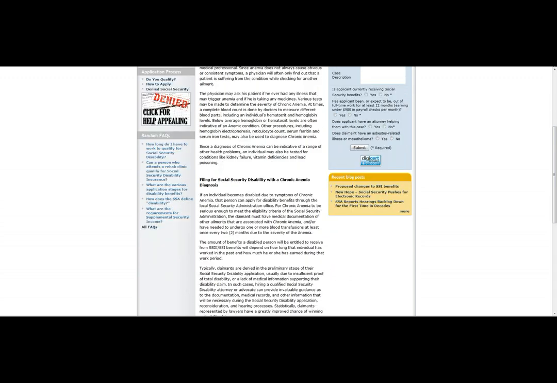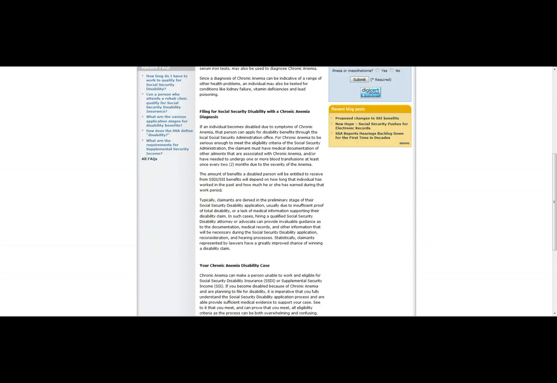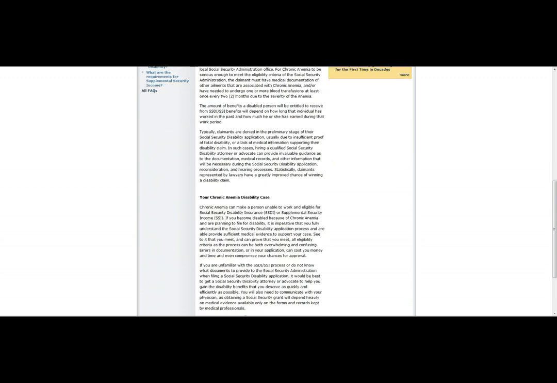If you become disabled because of chronic anemia and are planning to file for disability, it is imperative that you fully understand the Social Security disability application process and are able to provide medical evidence to support your case. See to it that you meet and can prove that you meet all eligibility criteria, as the process can be both overwhelming and confusing. Errors in documentation or in your application can cost you money and time and even compromise